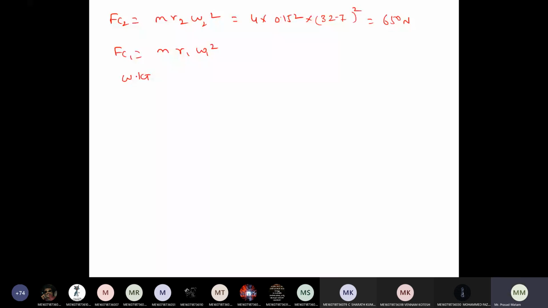We know the centrifugal force at any instant, at any point, is given as Fc equals Fc1 plus Fc1 into r minus r1 by r2 minus r1. Between Fc2 and Fc1, Fc is the centrifugal force, Fc1 is the minimum centrifugal force, and Fc2 is